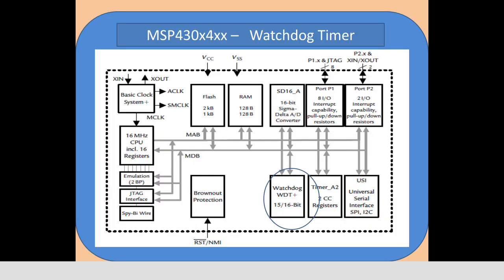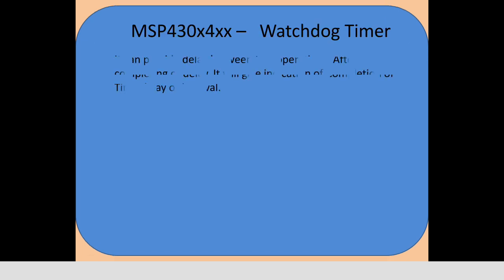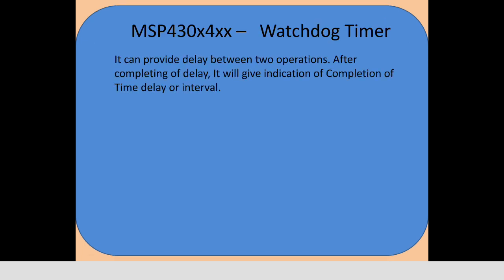Next we can see the watchdog timer. The watchdog timer is the one which can provide the time period, and at the same time it can monitor the time. That means after the time it gives an indication to the user in the form of a buzzer or LED light. That means if you allocate some time for a particular function, and the particular function is not completed within the allocated amount of time because of deadlock or software hang up, then the watchdog timer restarts the function.